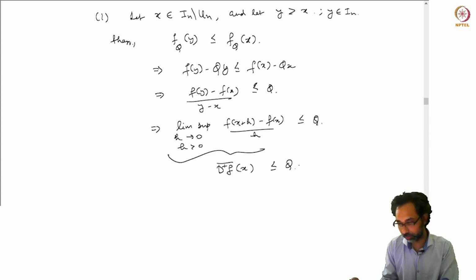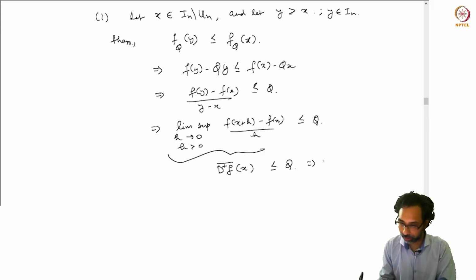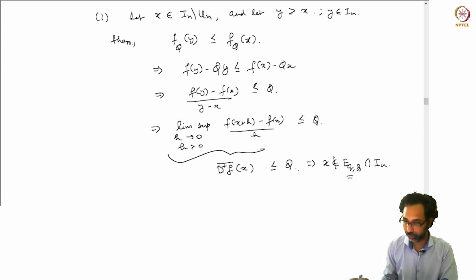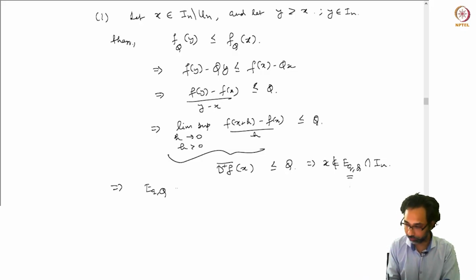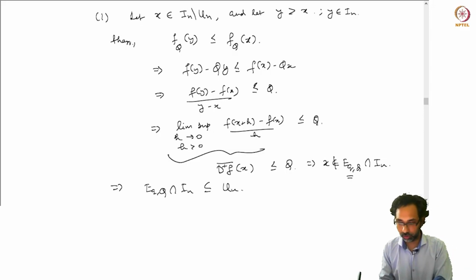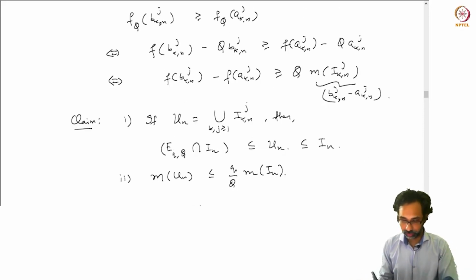This is less than or equal to q, which implies that x does not belong to E_{q,Q} intersection I_n, because on this set the upper Dini derivative must be strictly greater than q. So this means that E_{q,Q} intersection I_n is a subset of U_n. So this proves the first part, and for the second part